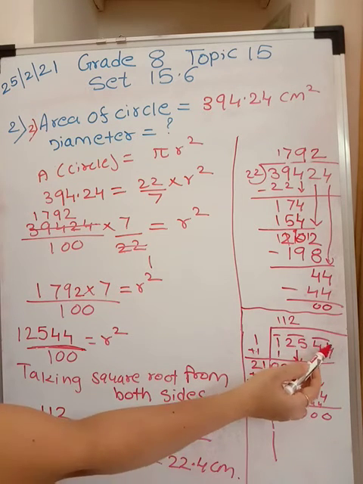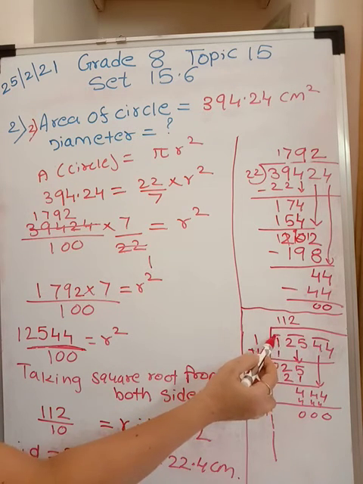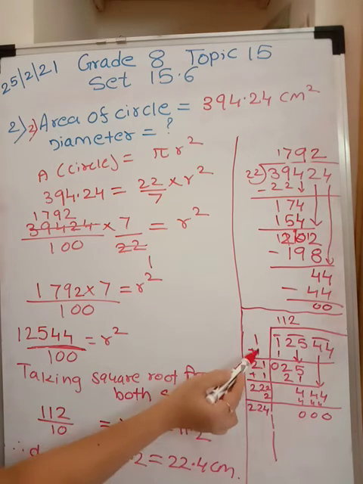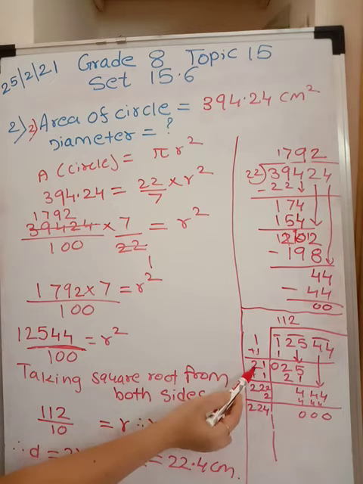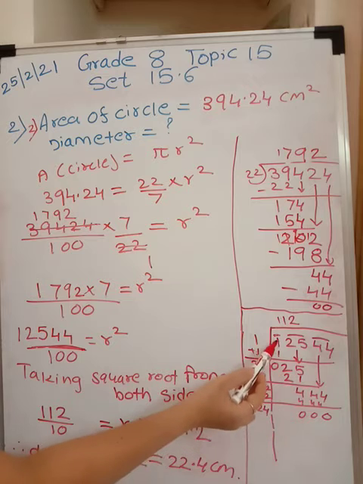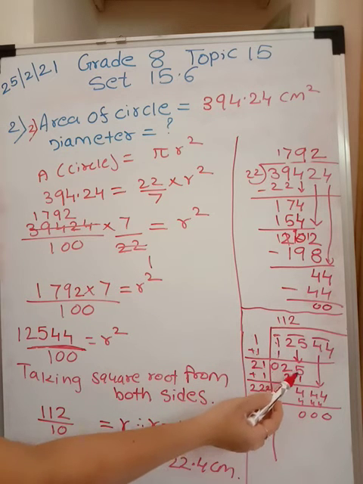Make 2 pairs starting from your right hand side, only one is left. Then you have to take all the squares. 1 ones are 1. Add this over here. We have done how to calculate square root. 1 plus 1 will become 2. Then at a time you have to take this pair down. So 1 minus 1 is 0. You got this 25 down.